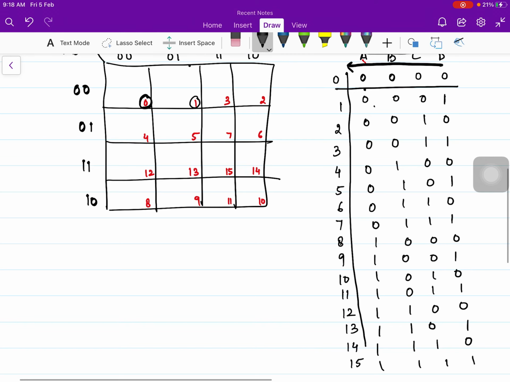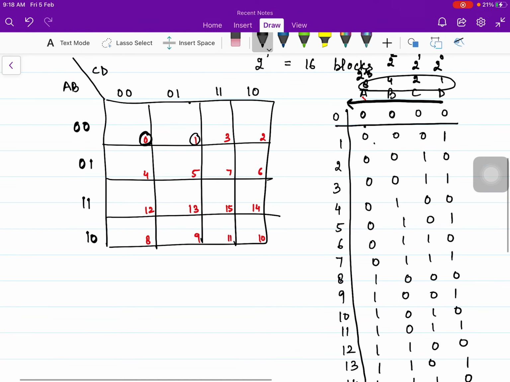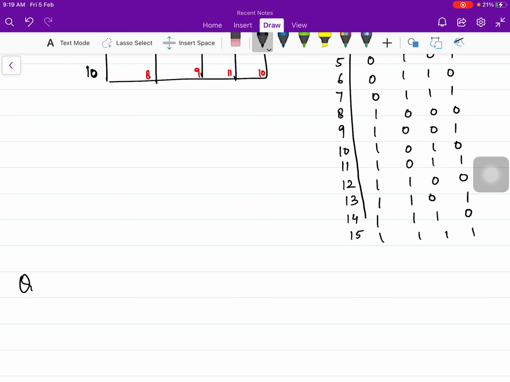If you look for 15, it is 1 four times: AB here and CD here, so this block comes. This is how we number each and every block. You need not remember the table. This table was only drawn to show you how we were numbering the blocks. You only need to remember the structure and how we number each block in it. So this is the structure for the 4 variable K-map. Now let us start solving the questions for the 4 variable K-map. First question.